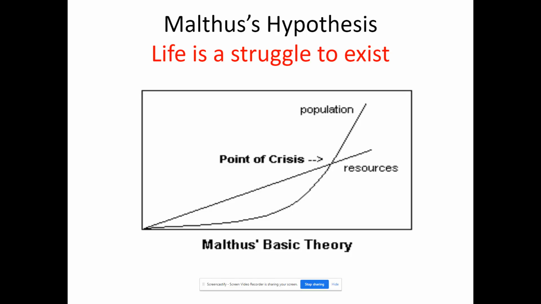But Malthus's hypothesis goes for the people in the streets of London, but it also goes for the deer that are out in the woods trying to survive. If there's a limited resource, or if there are predators, for instance, and those predators are chasing the deer, only the deer that are able to evade the predators are going to live, and that furthers that species along. The faster deer survive, then those fast deer reproduce, and so forth.